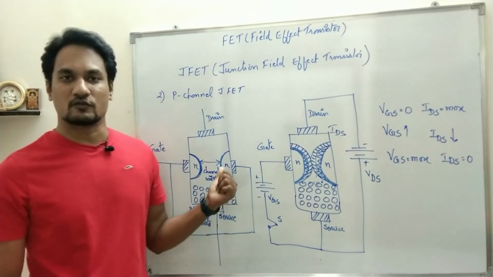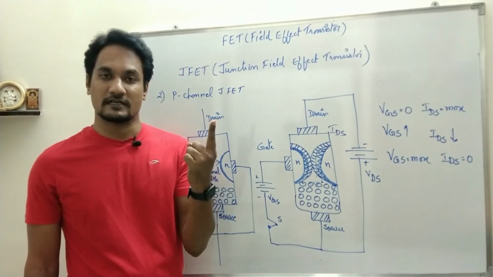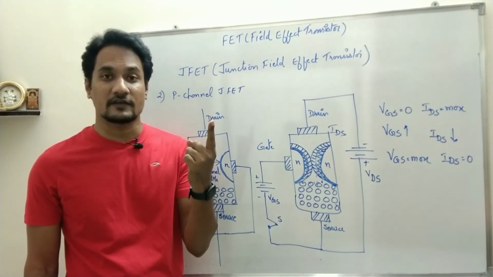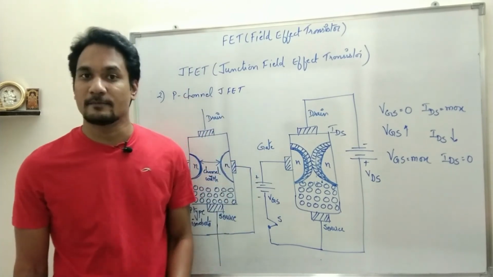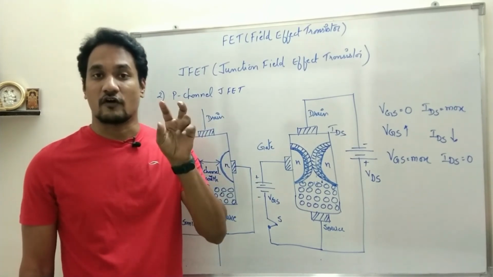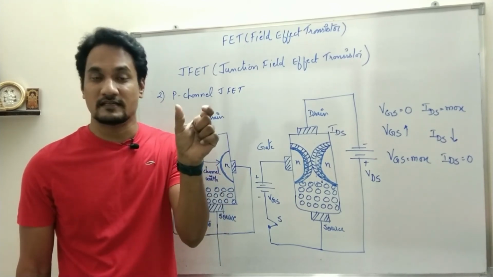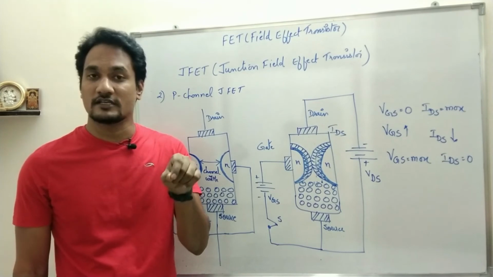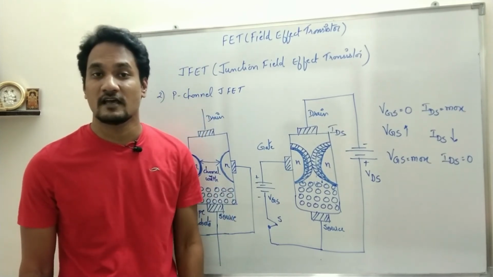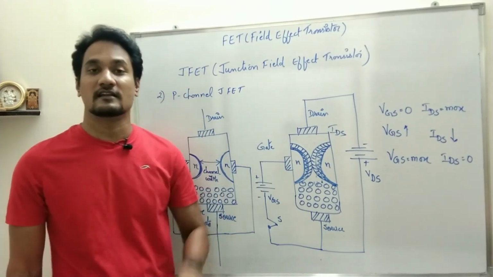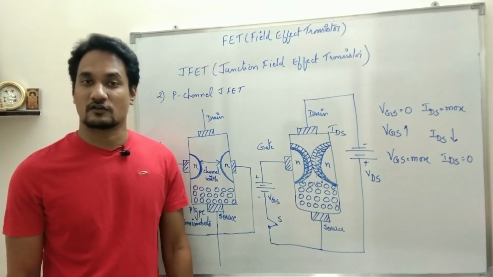When you have to draw an N channel JFET, you take N type semiconductor. If you have to construct a P channel JFET, you take P type semiconductor. The two terminals will be named source and drain. Then we have to form a PN junction. If it is N channel, you dope trivalent impurity to get the P region. If you want to design a P channel, you dope pentavalent impurity to get the N region, and these two PN junctions are internally connected together, and one more terminal is taken out, called the gate.